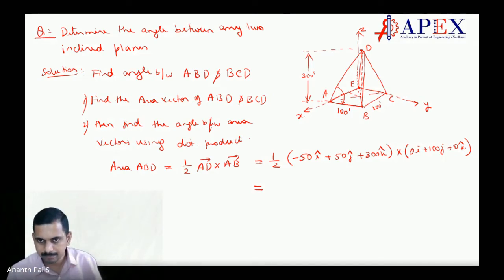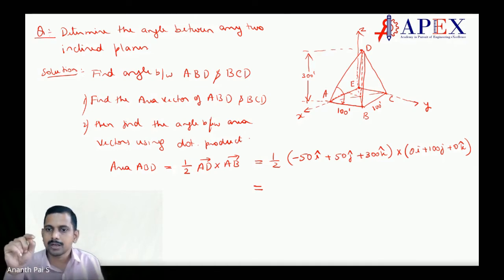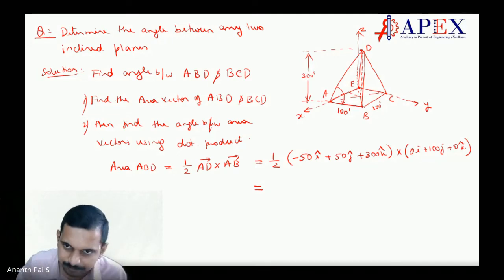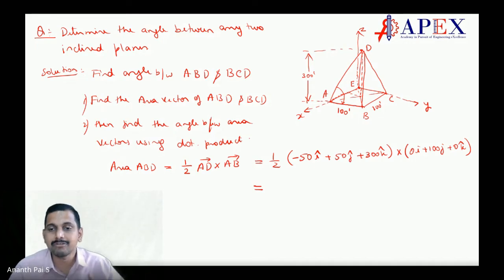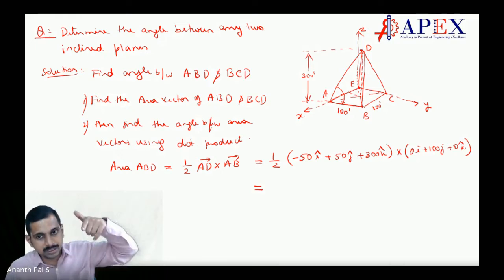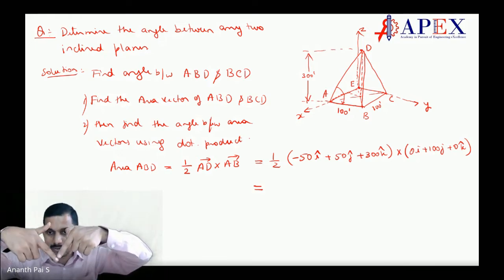Similar way we are going to take for BCD also. We are going to take the area vector in such a way that it goes inside. Now you may ask a question, sir, if it goes outside, then what? No trouble. But we are being conscious of how the area vector is going. Even if it is the other way around, you will get the same answer. That we can check later. But now we are being conscious that the area vector goes like this and the other area vector goes this way, and then we are finding the angle between those two vectors. Make sense? Yes, sir. Got it, sir. Thank you.